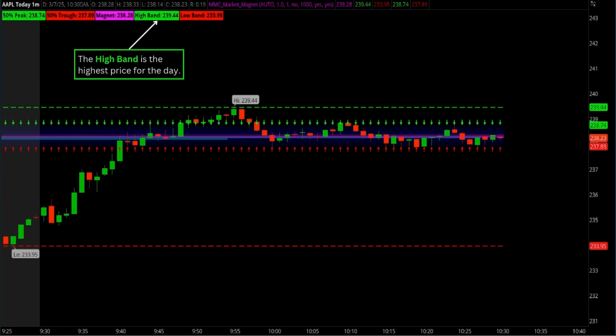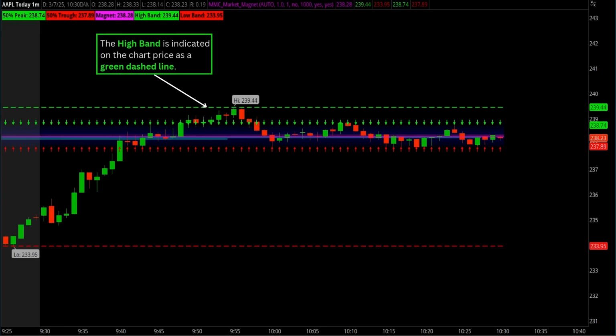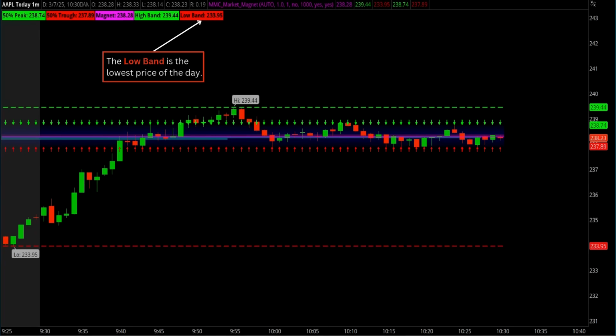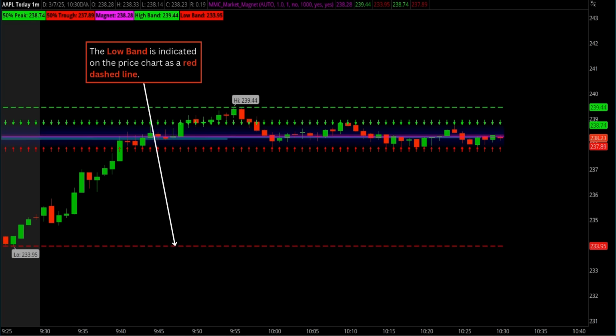The green high band label captures the highest price reached during the current volume profile, giving traders the high boundary for range-based strategies. Shown here in green at the top of the chart, it is often regarded as a resistance or breakout level. At the bottom, the low band label in red marks the lowest traded price in the volume profile range. Shown here in red at the bottom of the chart, it is often regarded as a support or